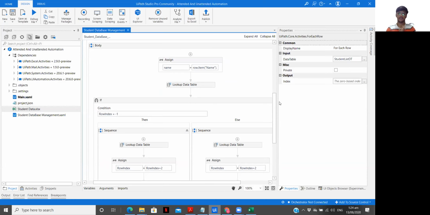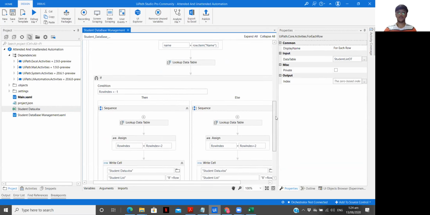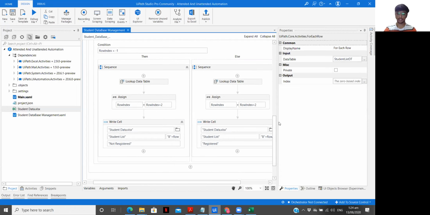We identify this using the lookup data table activity, where we provide the value and the column name where we need to search. The result is a row index: if it is not equal to -1, the value is found, but if it equals -1, the value is not found. According to that, we have kept the if condition over here.